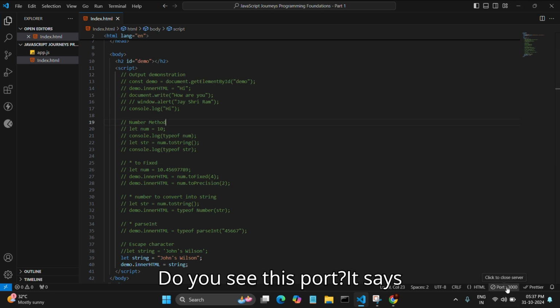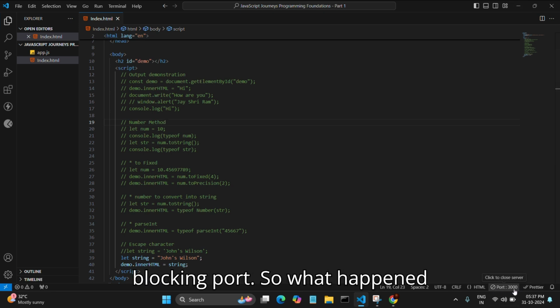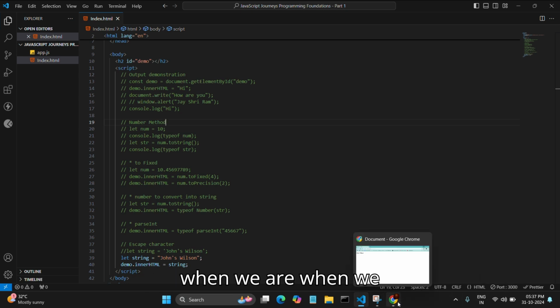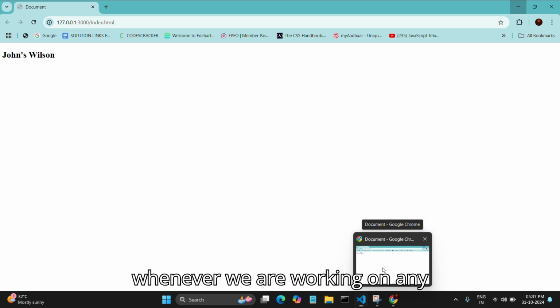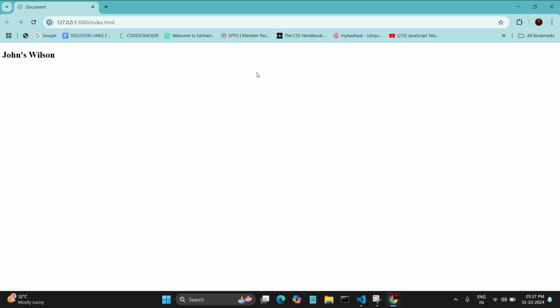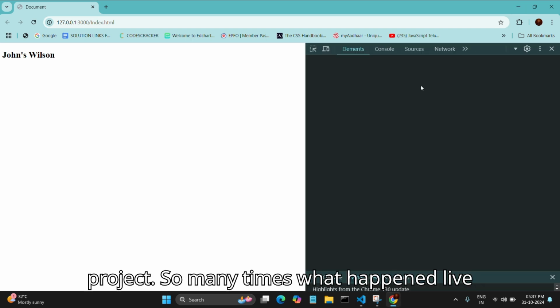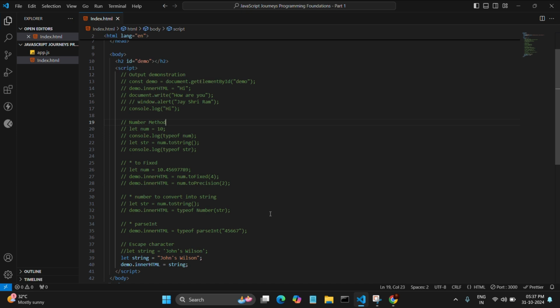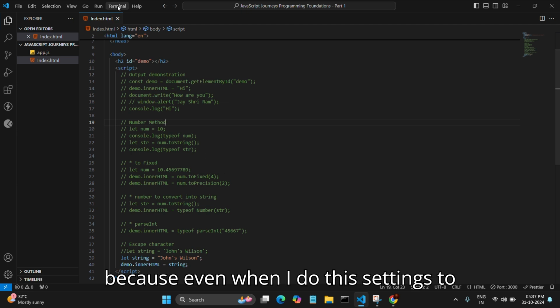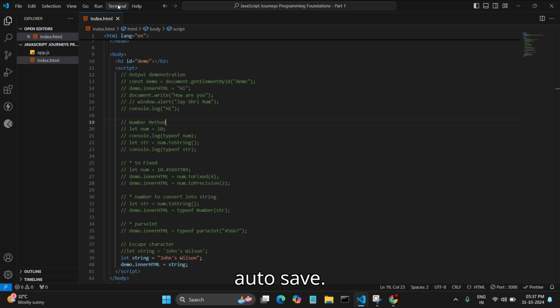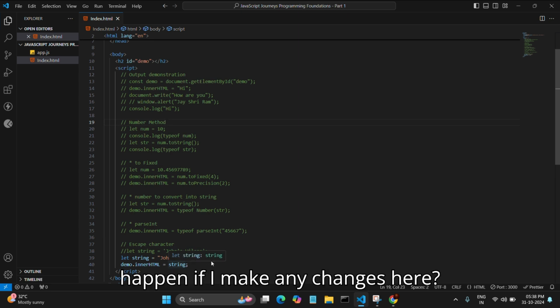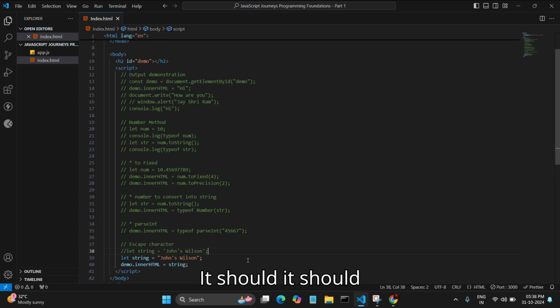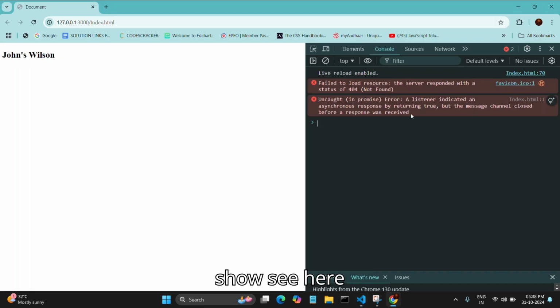Do you see this port? It says blocking port. So whenever we are working on any project, so many times live server suddenly stops working, because even when I do this setting to auto save things, if I make any changes here, it should show, see here,